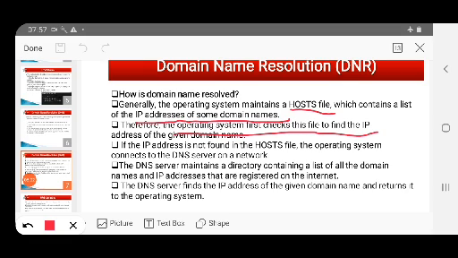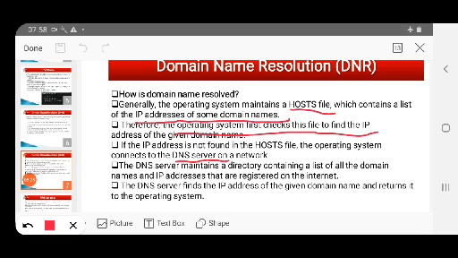of that particular website. So, if the IP address is not obtained from the host file, then what is happening? If we are getting it, then no issues, but if we are not getting it, then the operating system connects to the DNS server on that particular network.